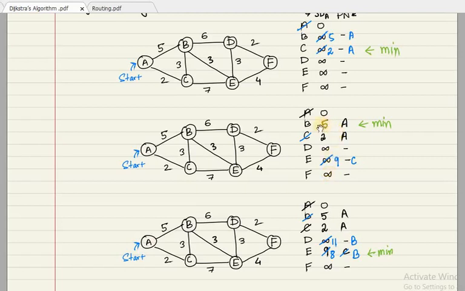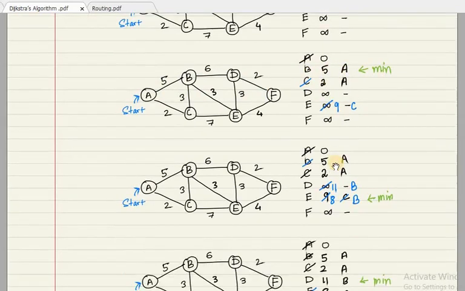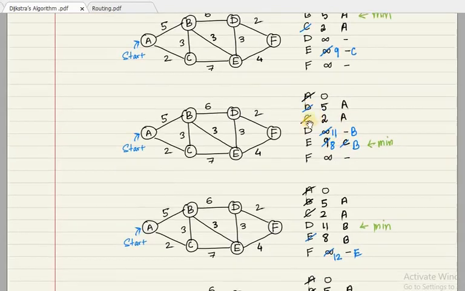Okay, we have to find a minimum among 5, infinity, 9 and infinity. So definitely 5 is the minimum. That's why, as you can see here, now we are going to concentrate on this particular record, which is B. As we move to the next diagram, again B has been crossed with a blue mark, which means that now we are going to concentrate on B.